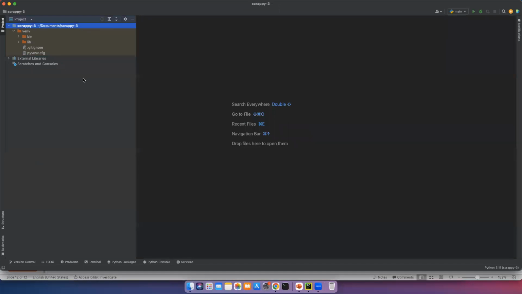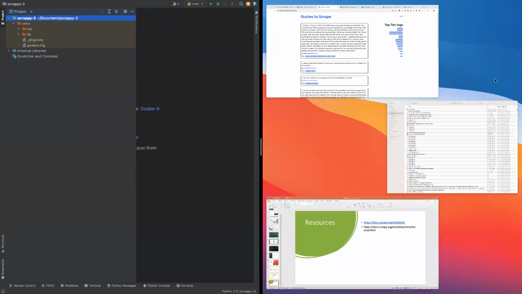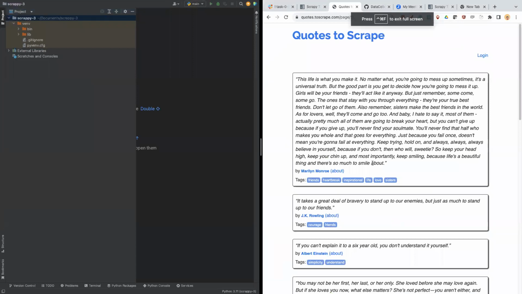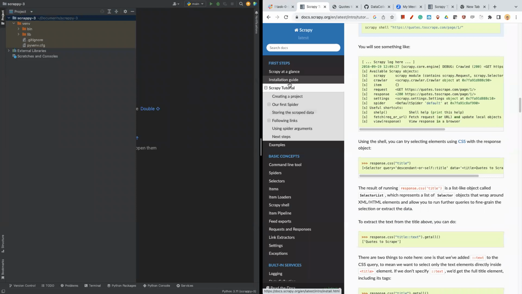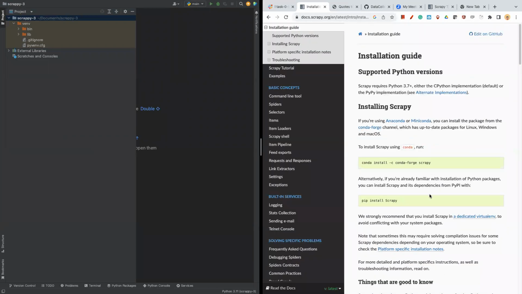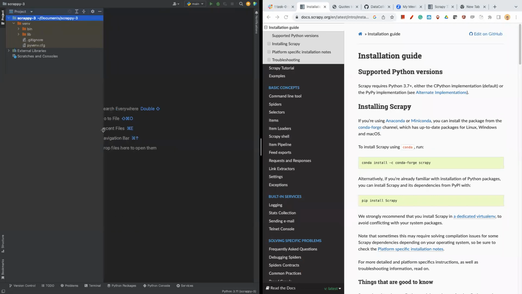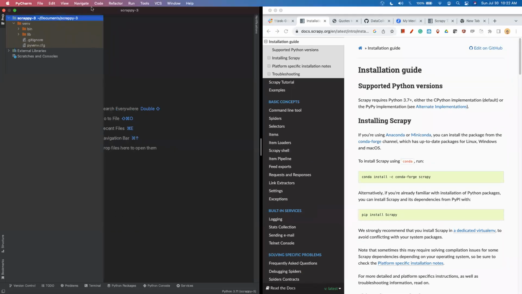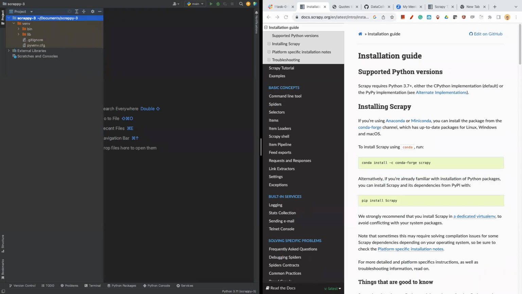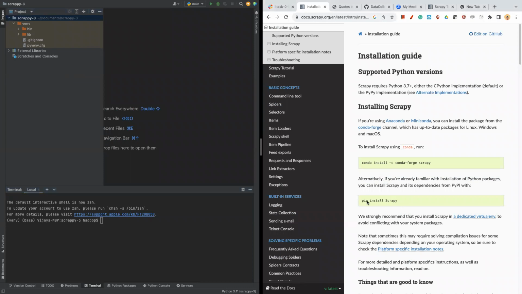Then what I'm going to do here is make it so anybody can understand. I'll split the screen. I go to the Scrapy website. We'll go step by step so that tomorrow you can understand the same way, right? Now, I'm going to open the terminal. You see the terminal. I'm going to run just this one command, pip install